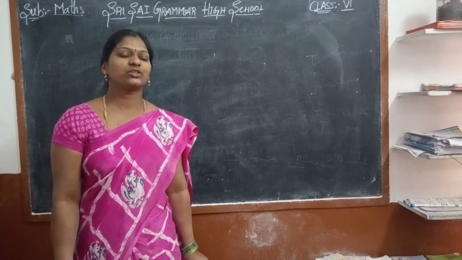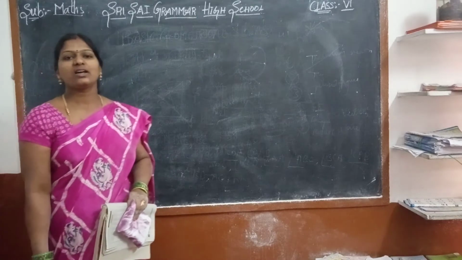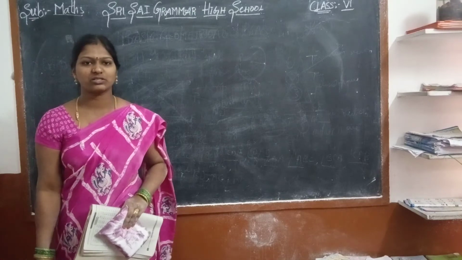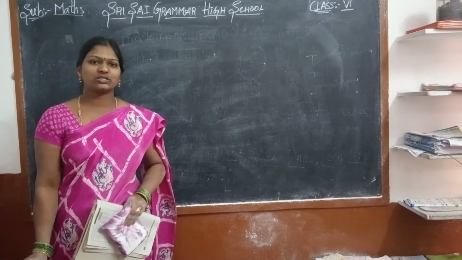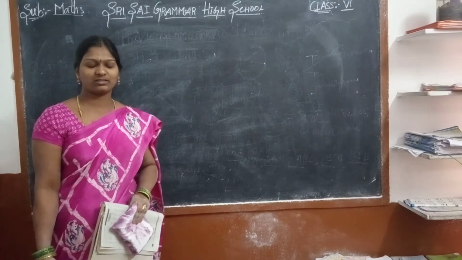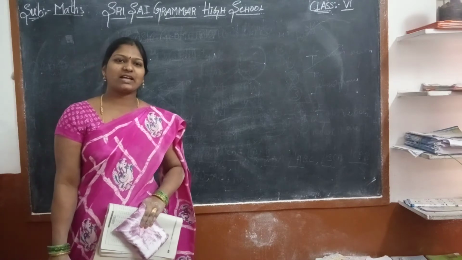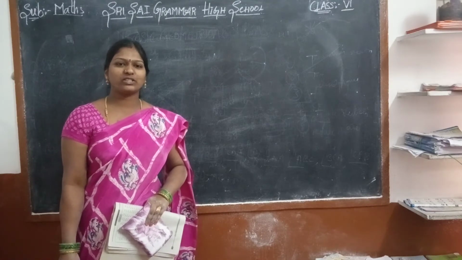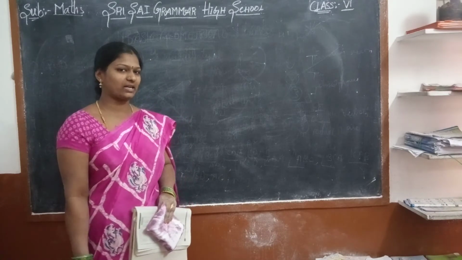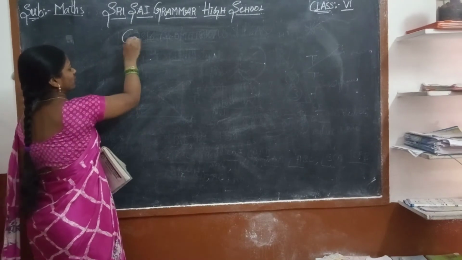We are going to learn today about construction of quadrilaterals. We have already learned the geometrical ideas in 6th and 7th class: how to join lines, what the sides are, how many sides are present in a quadrilateral, and what the diagonals are. I am also going to explain how to identify them. Now, construction of quadrilaterals.